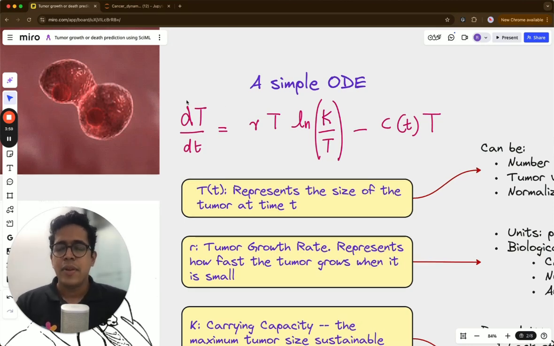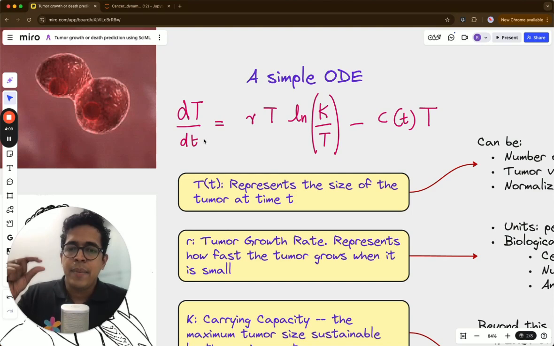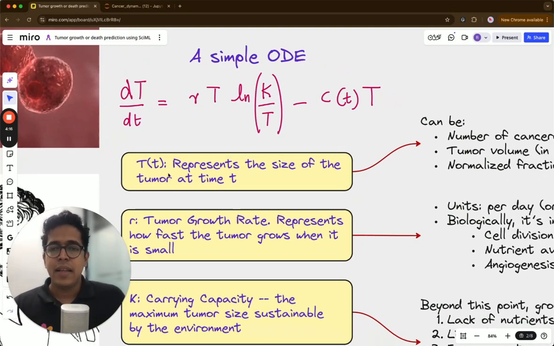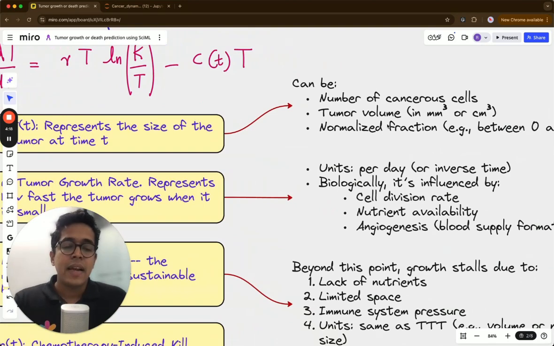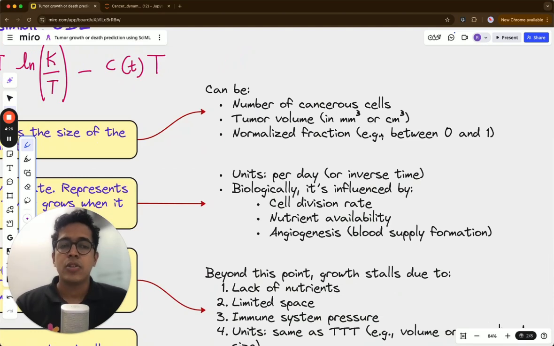Now, obviously, if we want to find the actual size of tumor at any given point of time, we can integrate this equation. But while integrating, you have to also know the initial condition, right? So we have to know at time t equal to 0, when you are starting your measurement, what is the initial tumor size? So here, capital T represents the size of tumor. It can be a representative of the number of cancerous cells in a tumor. It can be the volume of the tumor in millimeter cube or centimeter cube. It can also be,